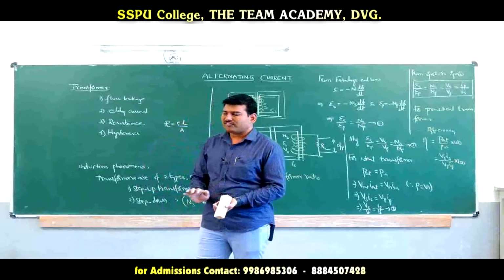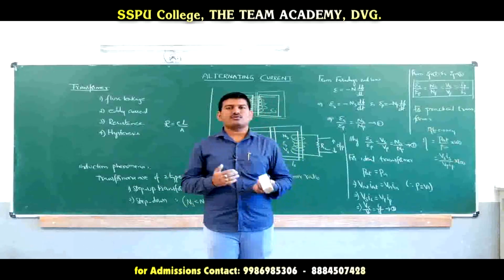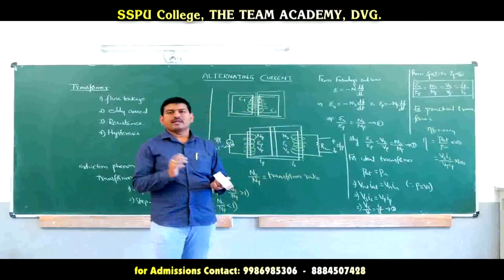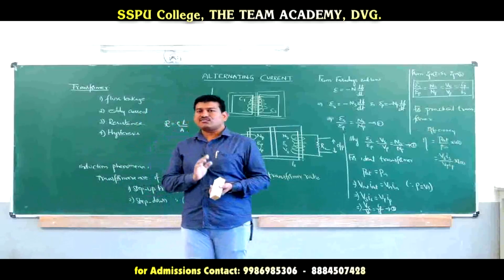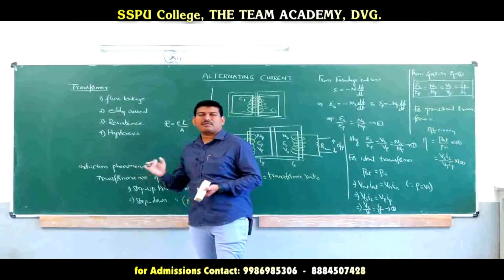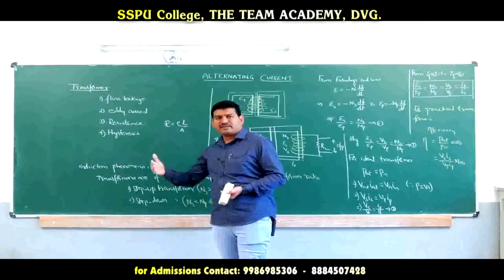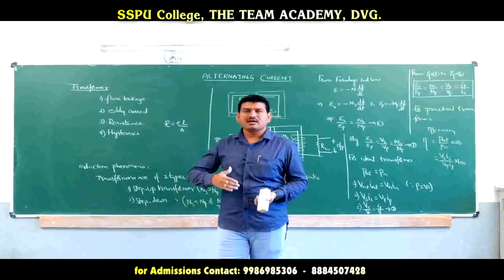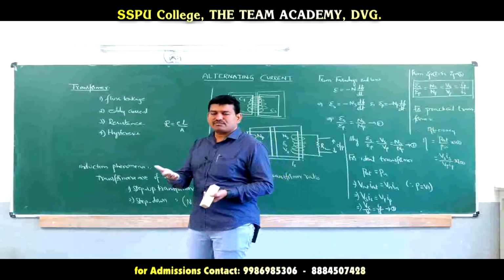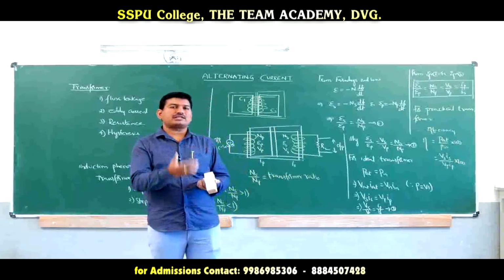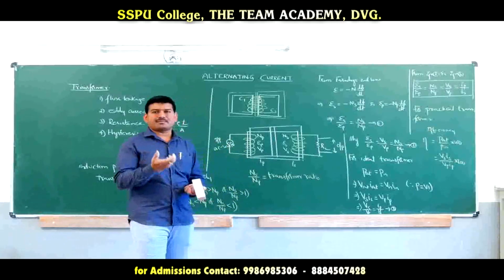So what is a transformer finally? A transformer is a device which is used to convert high voltage low current to low voltage high current and vice versa. And the transformer works on the principle of mutual induction. Transformers are of two types: step up transformer and step down transformer. In a step up transformer, we increase the output voltage compared with the input voltage. When power from the power generating station is to be transported to another place, we use high voltage lines. At that place we require the step up transformer.